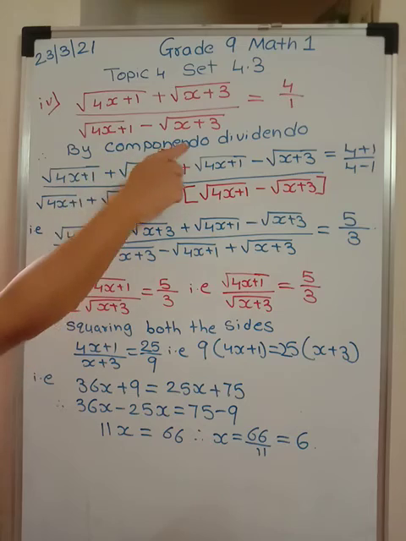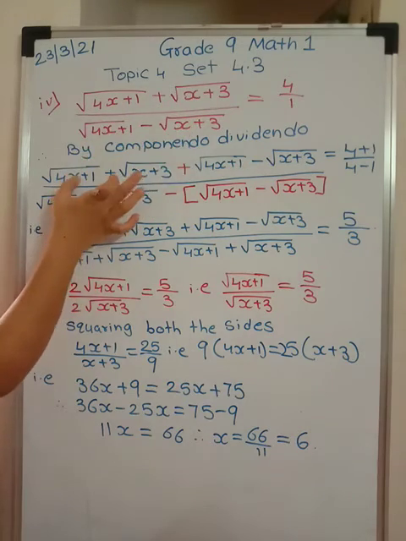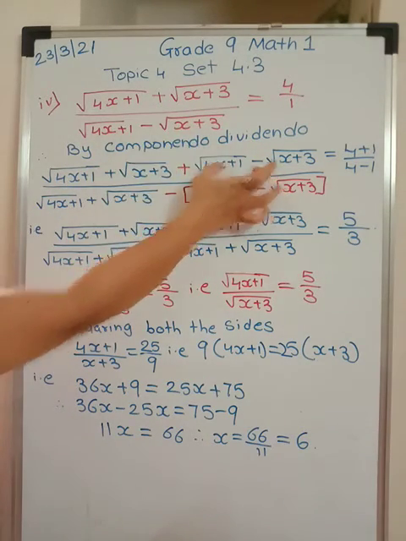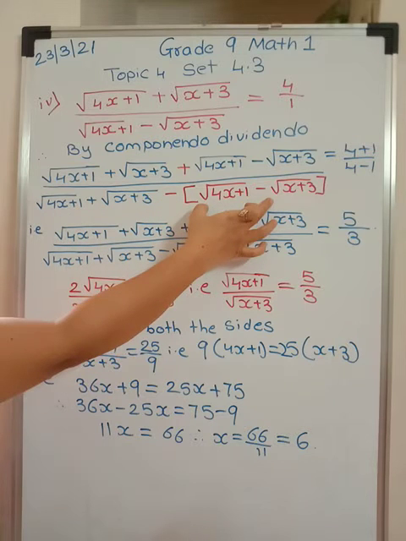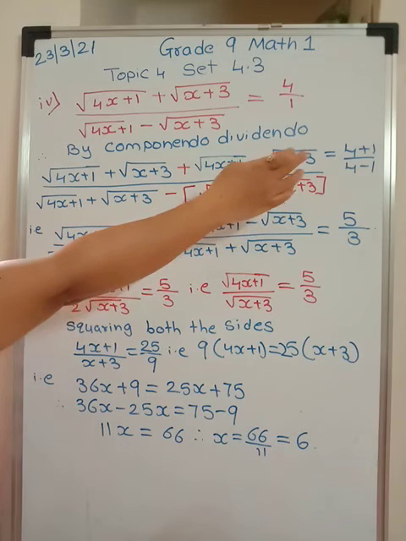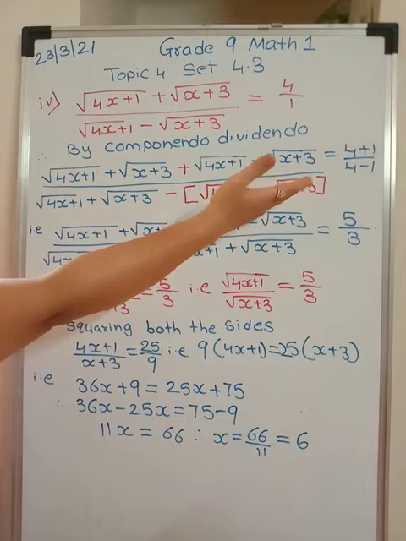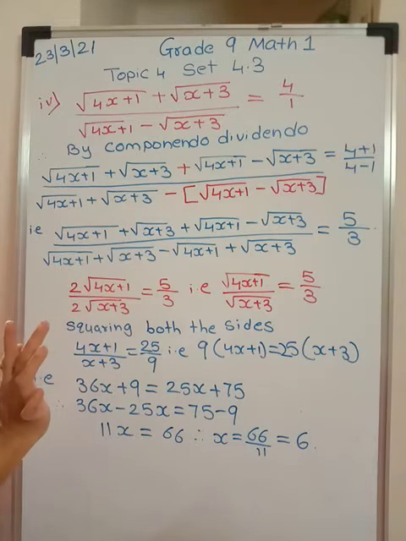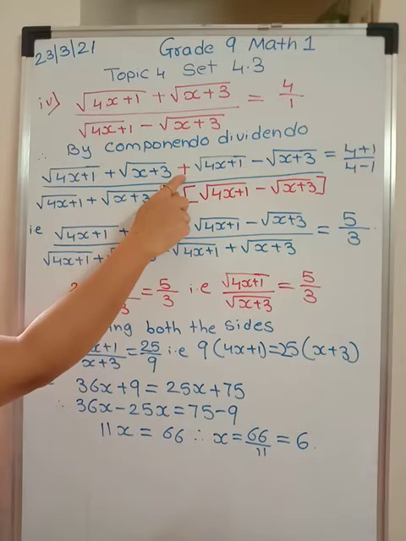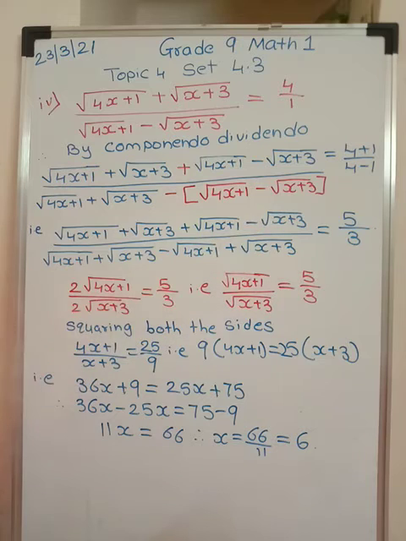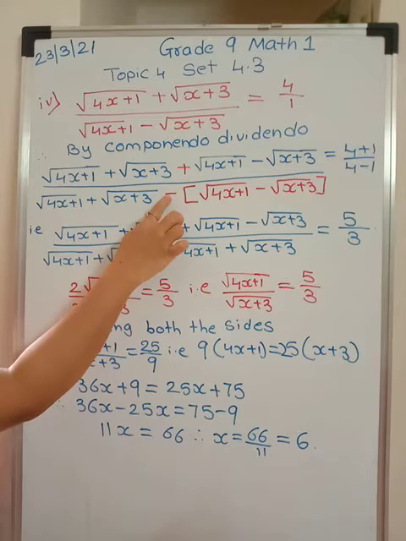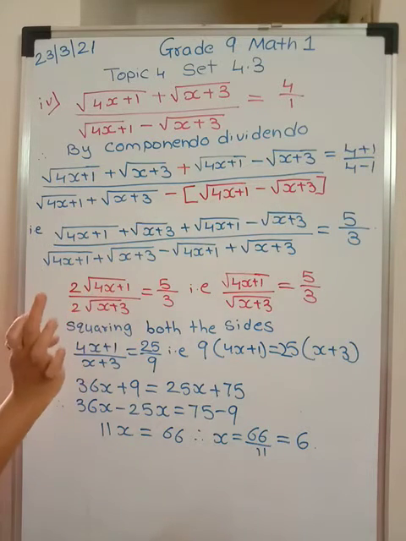I have used componendo dividendo. So, numerator plus denominator and again numerator minus denominator. So, that is equal to 4 plus 1. That side also we are doing the same operation: 4 plus 1 upon 4 minus 1. Now because of this plus sign, there would be no change in the signs. Okay. But because of this minus sign, these signs would be changed.